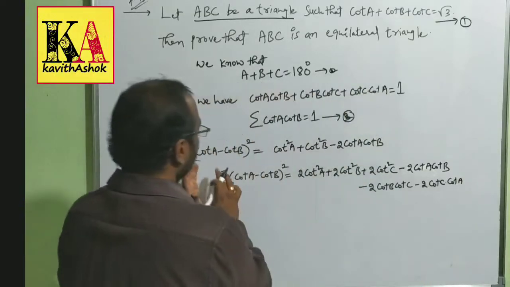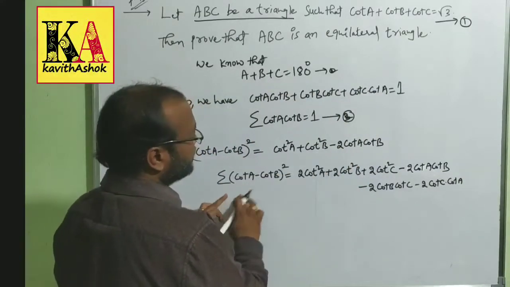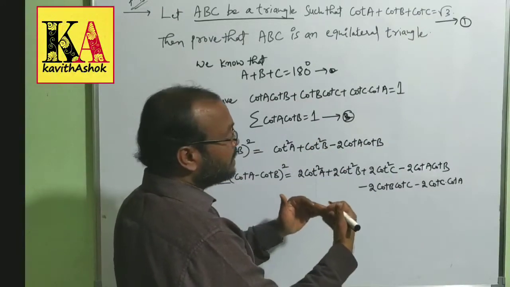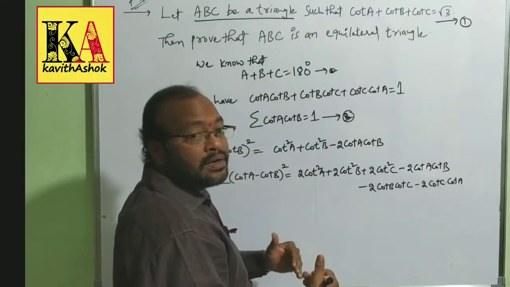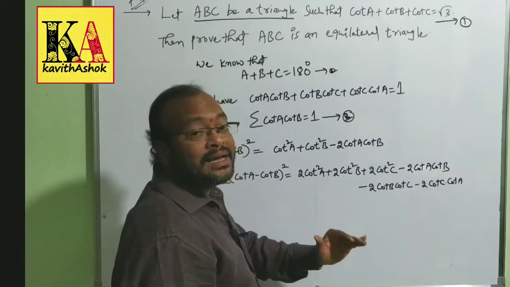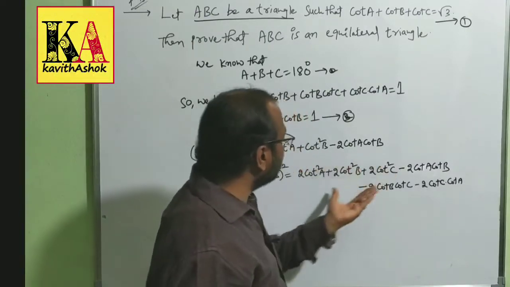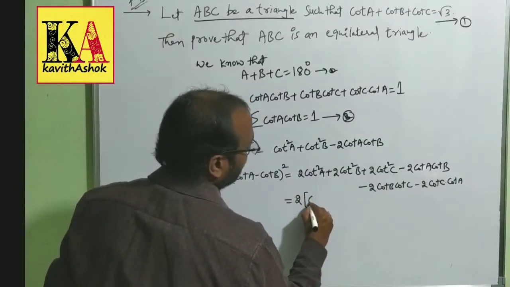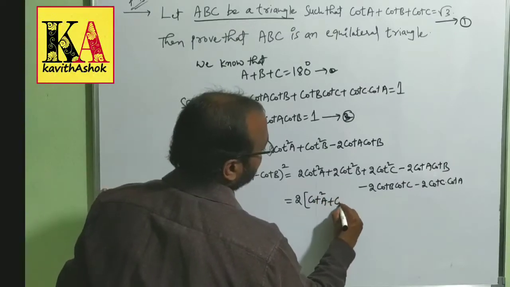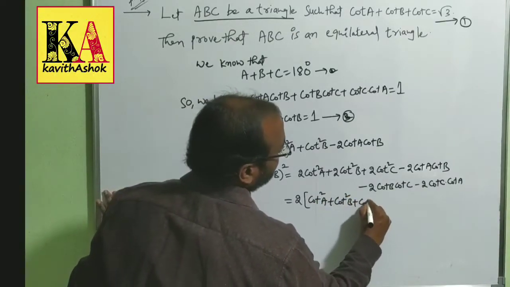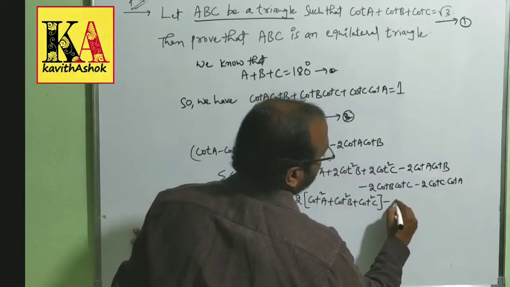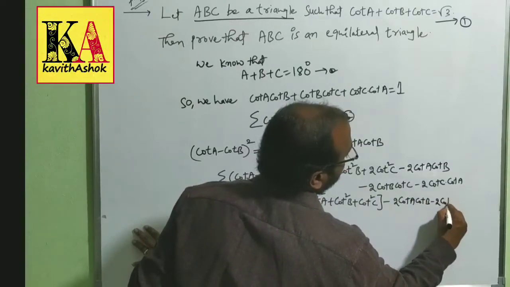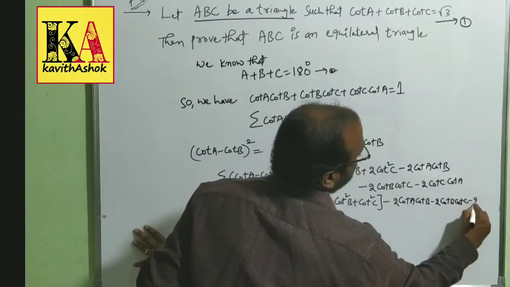Once again, whenever the ordinary form is there, we can get like this. Whenever summation is there, cot square A plus cot square B minus 2 cot A cot B. In the next step, cot square B plus cot square C minus 2 cot B cot C. In the next step, cot square C plus cot square A minus 2 cot C cot A. So if we write all those and add them, we can get like this here. Now I am taking 2 common, then we can get cot square A plus cot square B plus cot square C as one form, minus 2 cot A cot B, minus 2 cot B cot C, minus 2 cot C cot A.